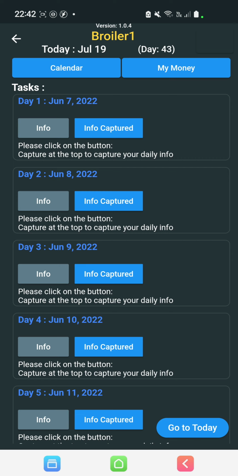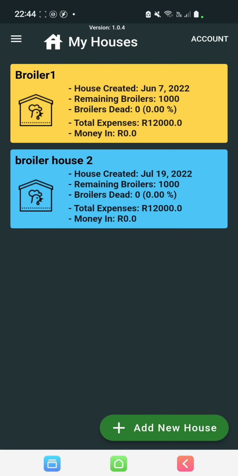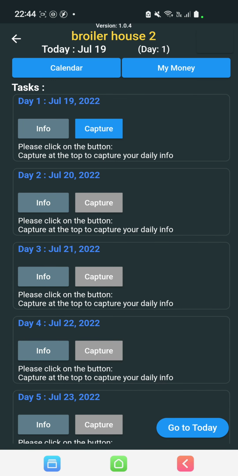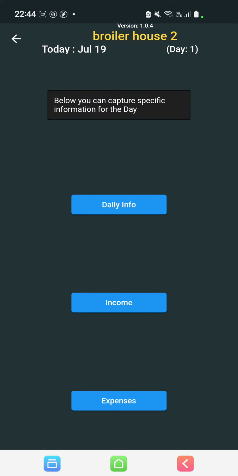Let me actually start a new broiler house. I'm just going to pause the video and show you what it would look like if you were going to capture info. So I've quickly added a second broiler house just to be able to show you guys. So if I click on that broiler house, go to calendar and go to capture, now it allows me to capture specific info. So daily info,